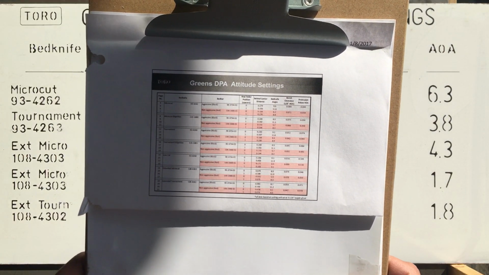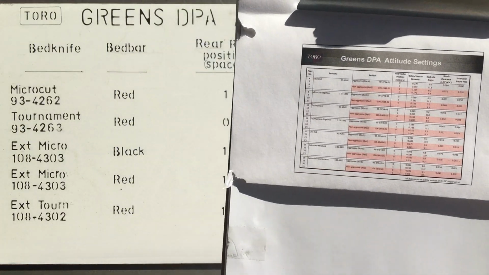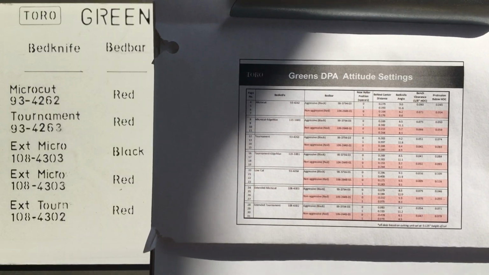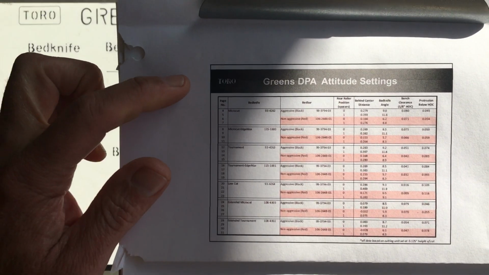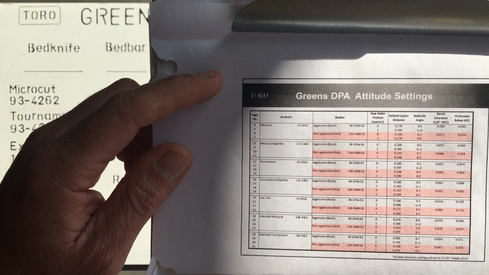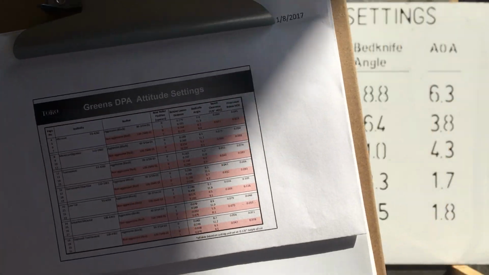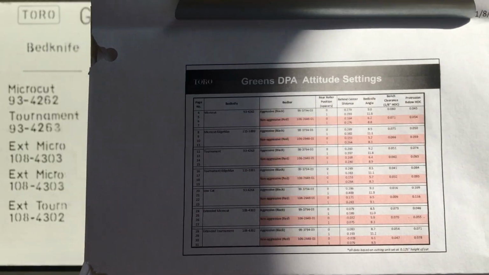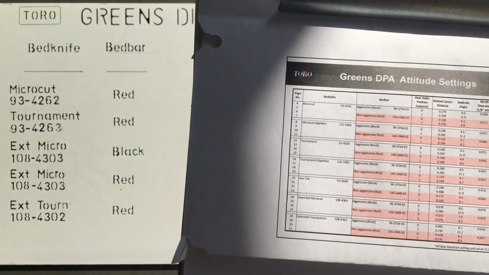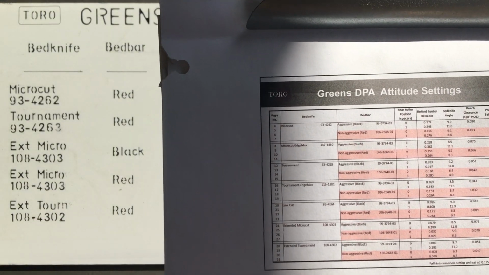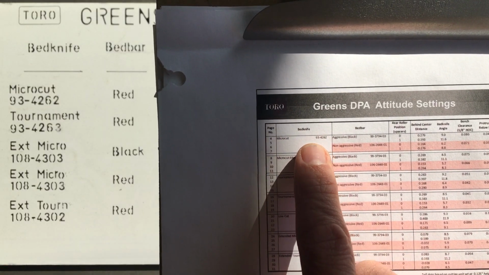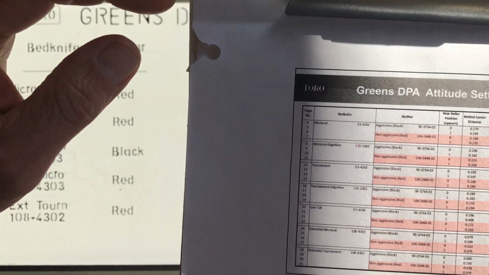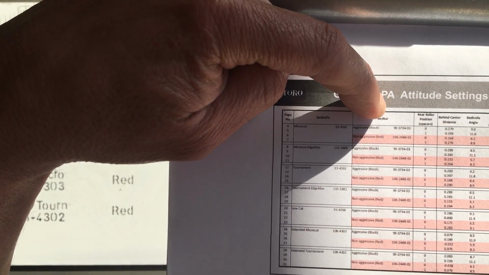This is a chart that was published by Toro many years ago that is no longer available. Okay, I've got a shadow here. This chart shows different bed knives, different bed bars,